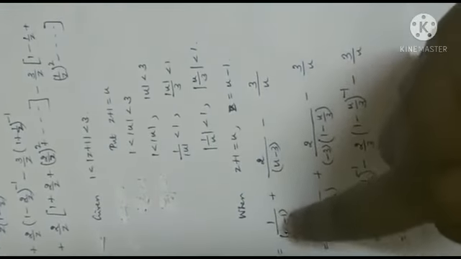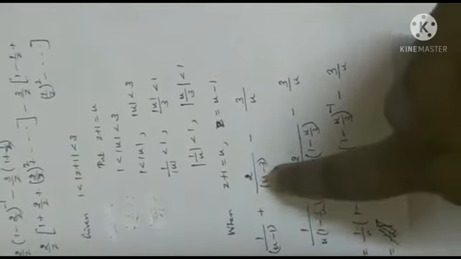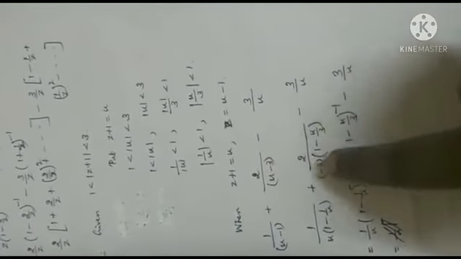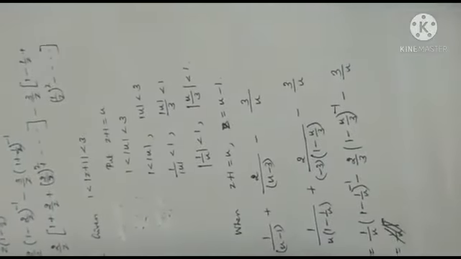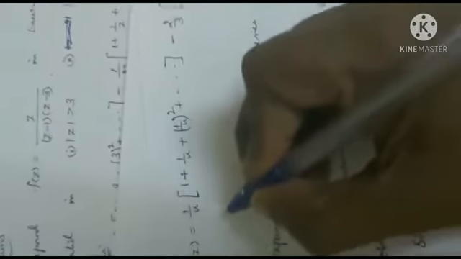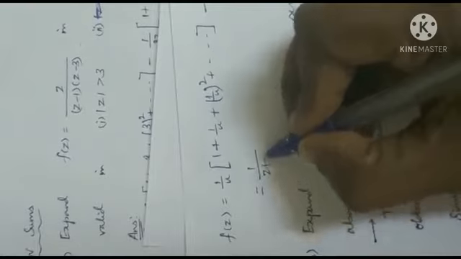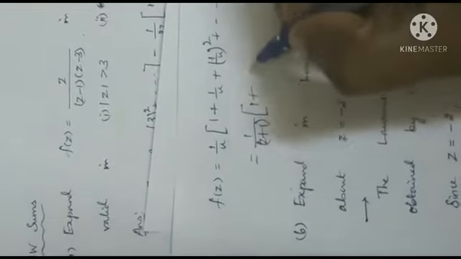We should get 1 by u, take u outside. You should get u by 3, take 3 outside. If you take 3 outside, u by 3 minus 1. But we need 1 minus u by 3. So take the negative sign also outside. Take the terms to the numerator. Now both are ready to expand. Use expansion. After expanding, don't leave it, okay? I have forgotten: please get the answer in terms of z. U is z plus 1. Please get the answer in terms of z, okay?